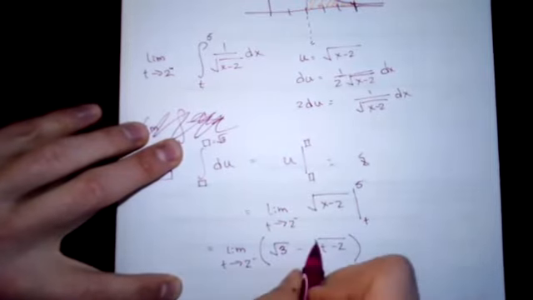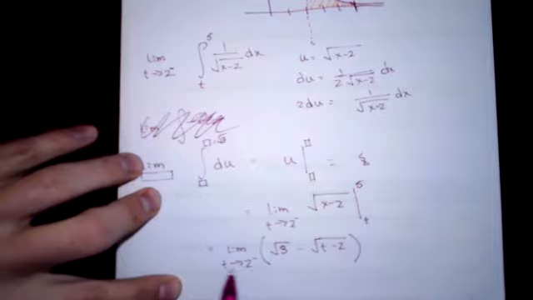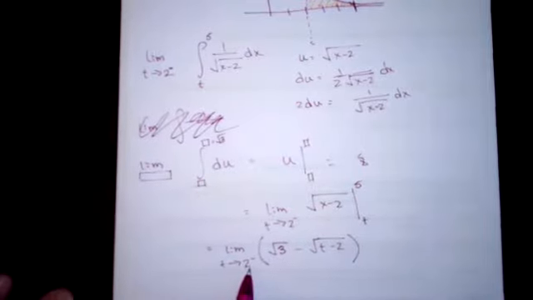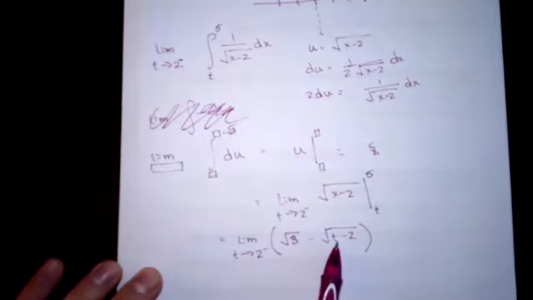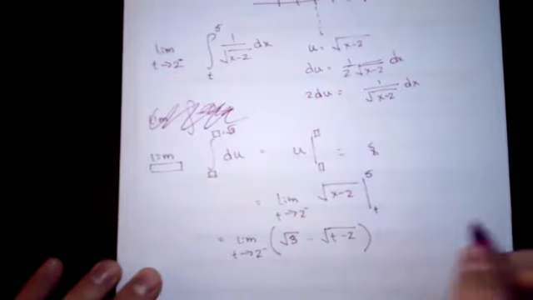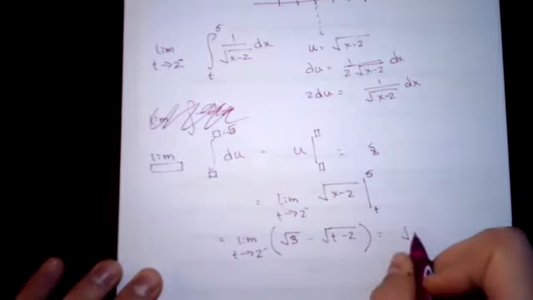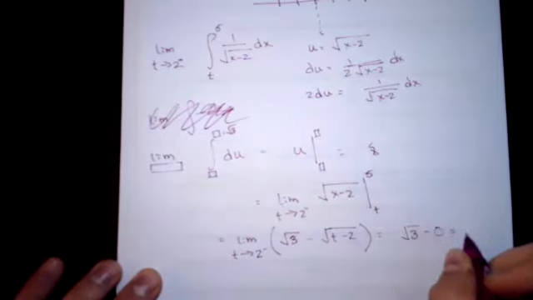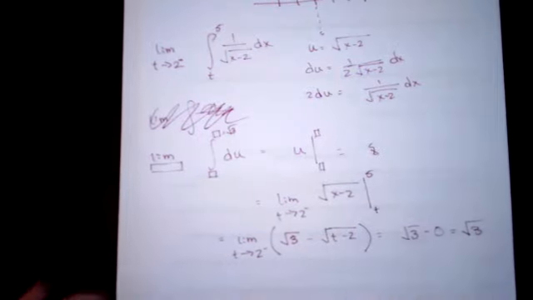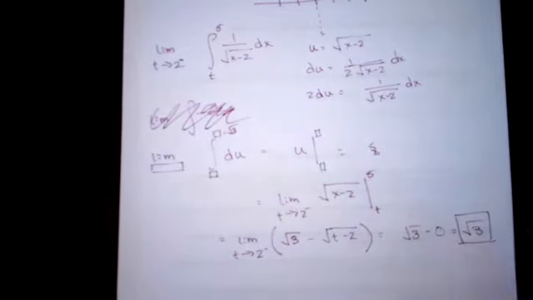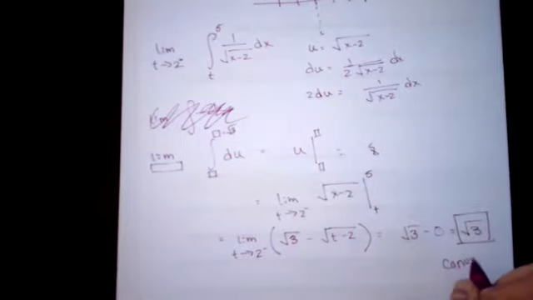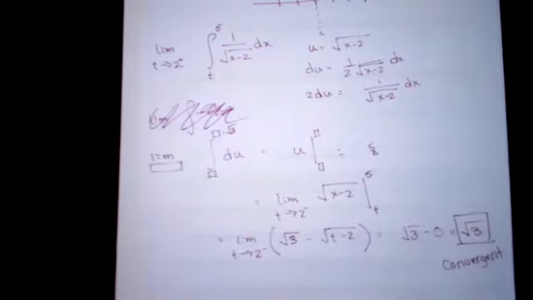And now what happens when we take this limit? Well, the limit as t goes to 2, first thing we do when we compute a limit is plug in the value, whether it's a right hand, left hand, or just a general limit. When I plug in 2 there, what do we get? Just 0, right? So no L'Hopital's rule, no indeterminate forms there. Since we get a finite number, that is what it is, and that's our answer. And that one's going to be convergent.